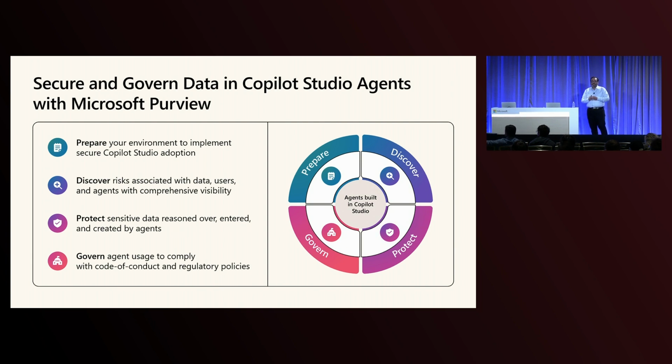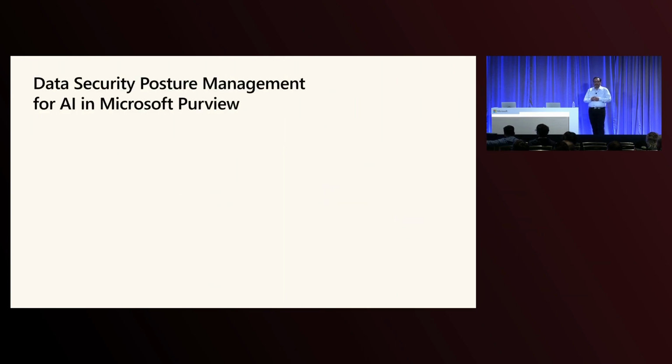Then, let's say you put a SharePoint repository over there, and somebody published new documents there. It will help you identify if there is some file which got published and is being used in the Copilot agent in grounding its answer, and it may be missing the sensitivity label. Maybe it's a budget, maybe something for employee policy, which is not yet supposed to be for the whole organization. It helps you protect against that data as well. It will also help you govern, such as the adoption rate of your agents, and for compliance, any reporting and metrics in this regard as well. You can try Purview. There's even a trial as well.